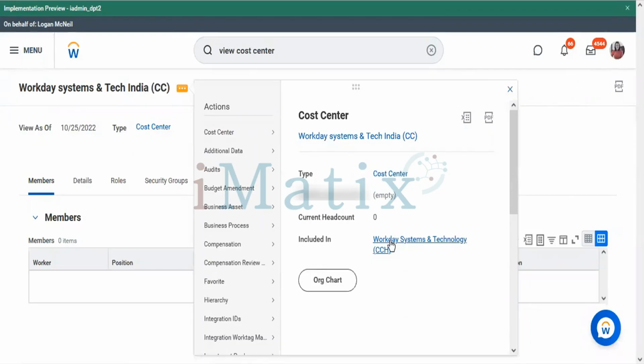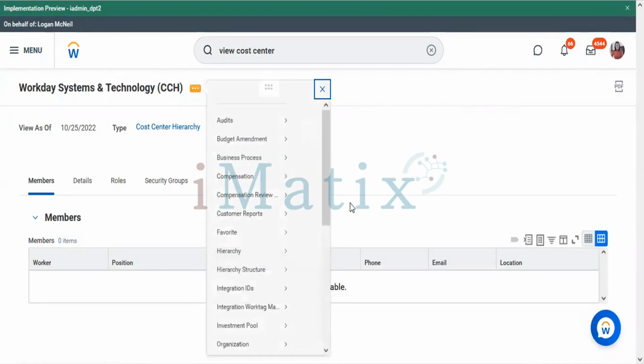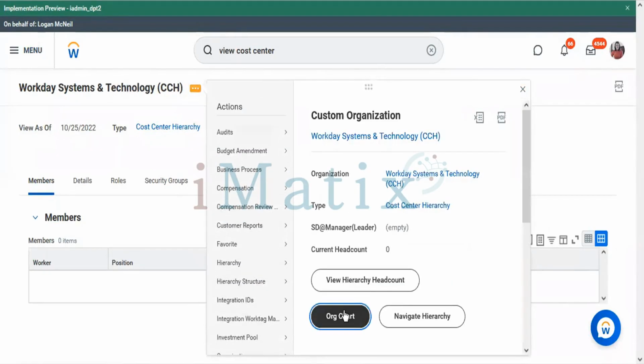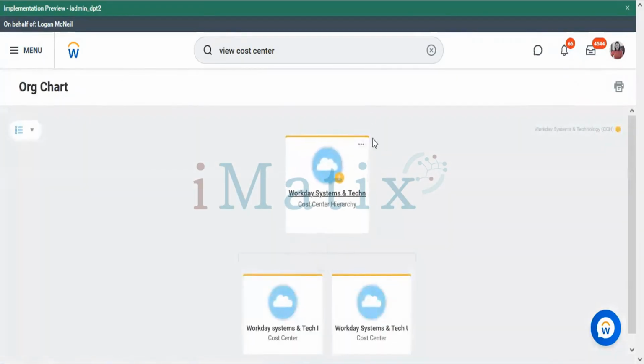This is the hierarchy. This is the cost center hierarchy, which will be holding two cost centers. One is for India, one is for US.